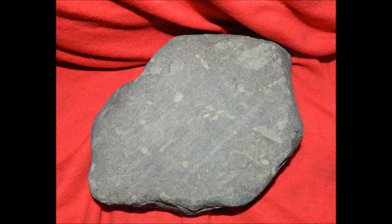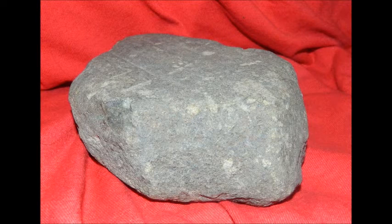The surface is covered with grooves that are not naturally occurring. Some might say these grooves are the result of glaciers from the Ice Age grinding other stones over its surface, which could be. Others might argue that these could be plow marks from farming. Again, could be. As for me, I discount both of these as possible solutions as to the origin of the